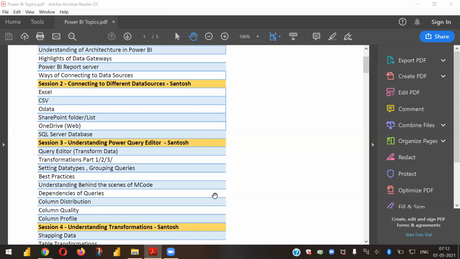So in this session, we are going to cover understanding the Power Query editor. So basically, we will jump into understanding the Power Query editor, and in order to do that, I will again repeat one of the steps. Maybe I will repeat the step of importing the Excel file, and then we can cover this. Let me just quickly open a fresh Power BI desktop file.